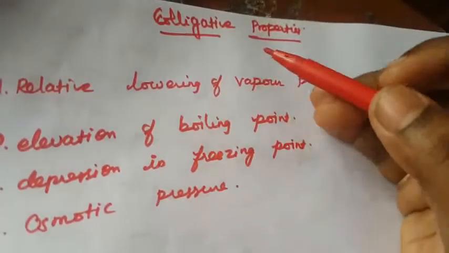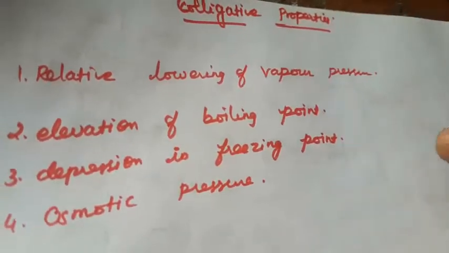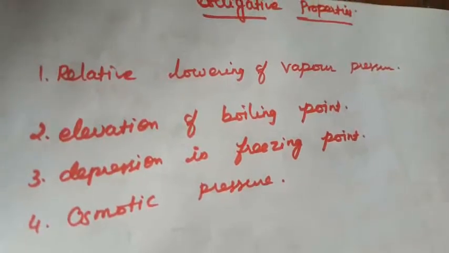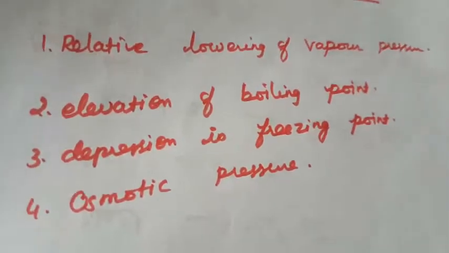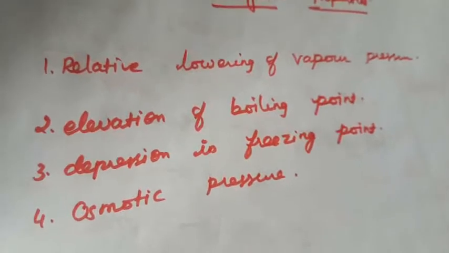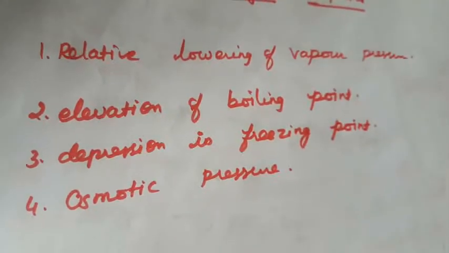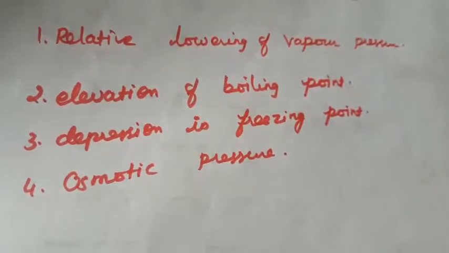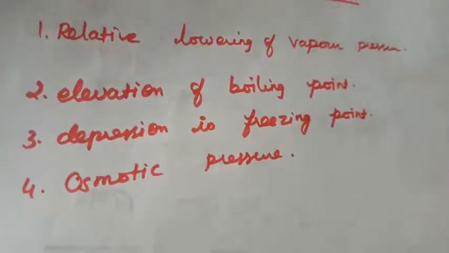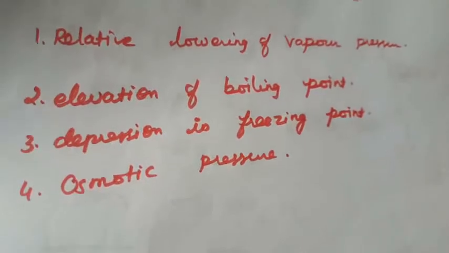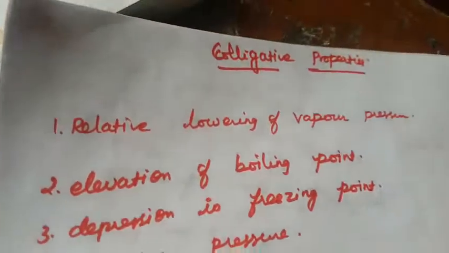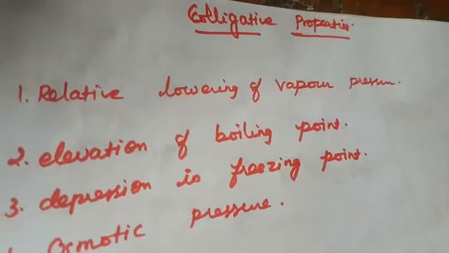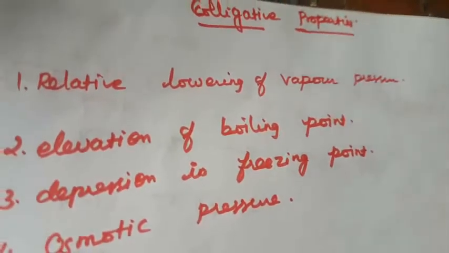Next we are going to see what is meant by colligative properties. Say for example, pure water is tasteless. We already know that, right? When you add some sugar, it becomes sweet. But if you add some salt, it is salty in taste, right? It implies the properties of the solution depend on the nature of the solute particles present in that solution. That is called an ideal dilute solution.